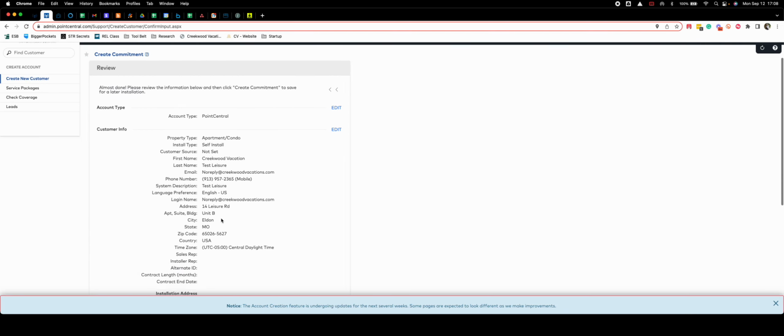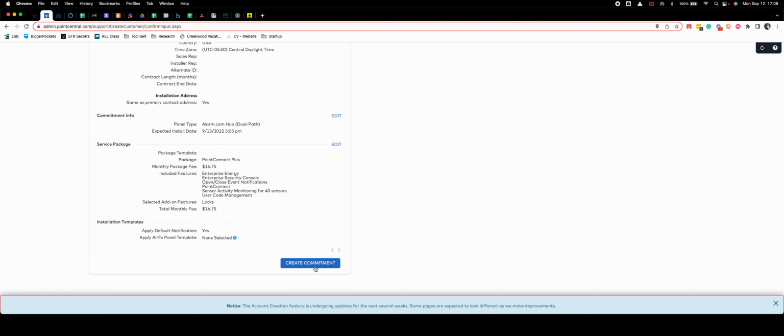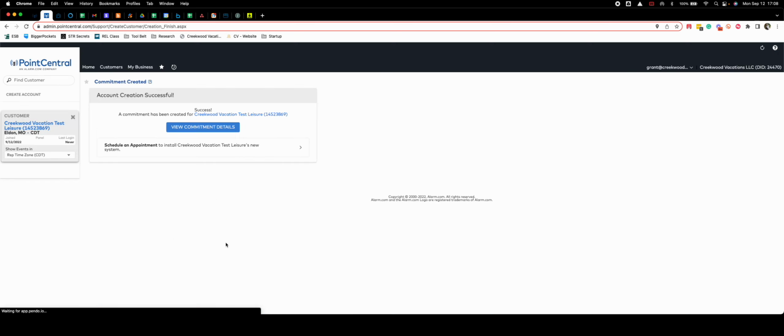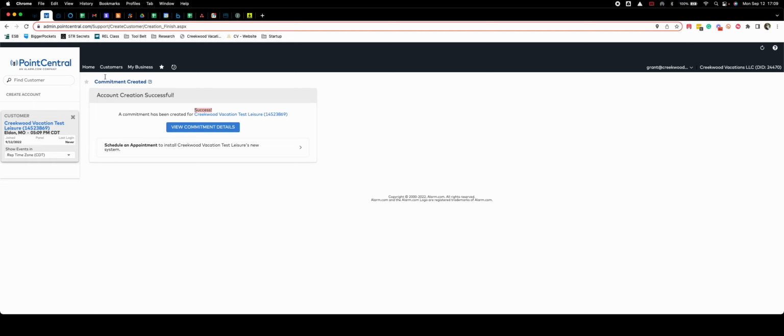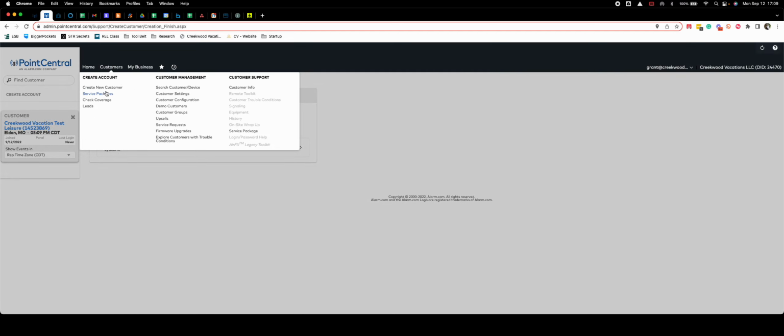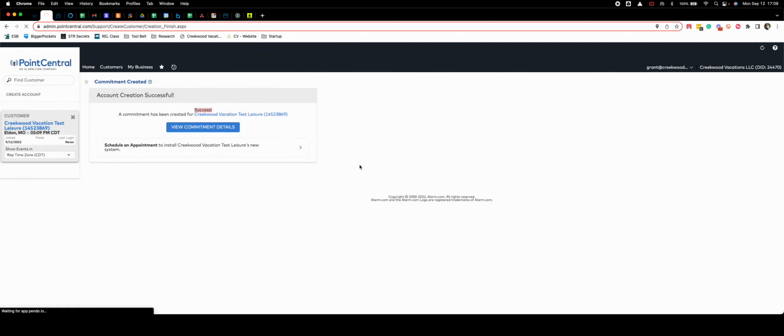And then it's going to review. And the last step, I'm going to create this commitment. Success. That's all you're looking for, and that's how you create a commitment. And then if we were going to activate that commitment,